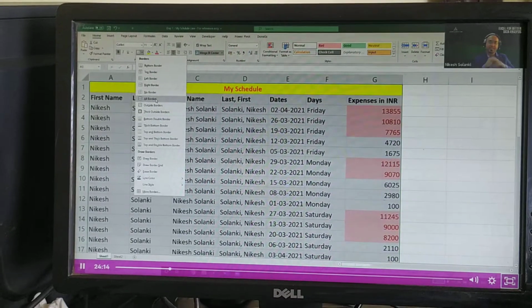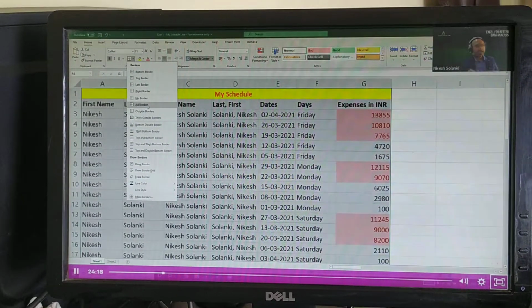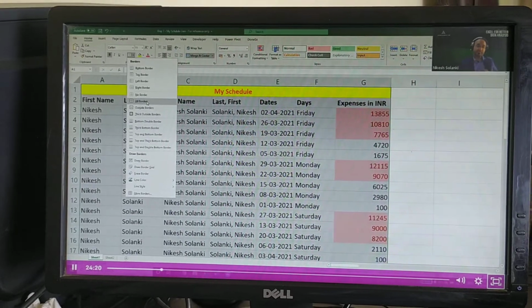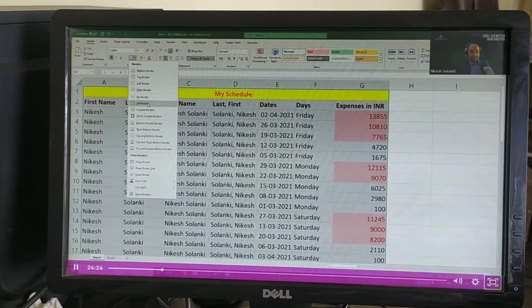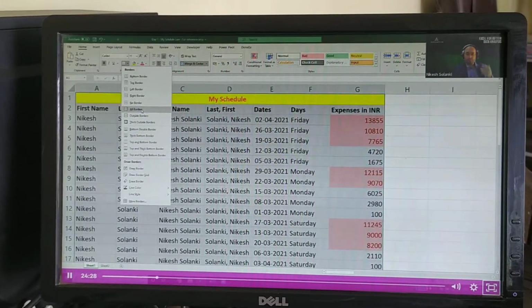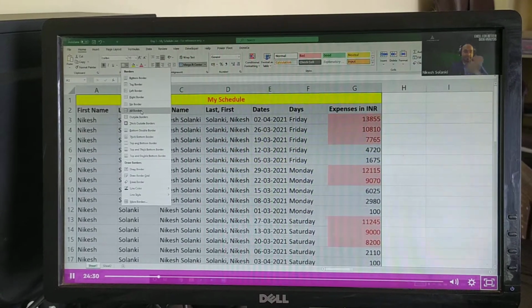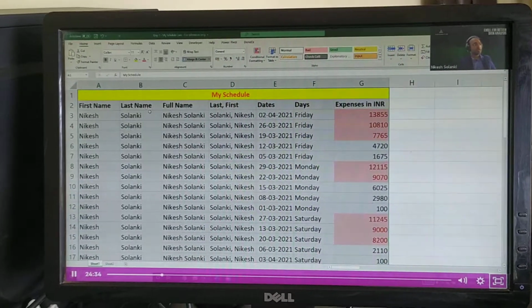So either if you want to do borders to all, you do it, or else you don't do it. If there is a specific requirement, if you need the line only on the left side or the right side, and only on three sides and you don't want the top, obviously you can use the rest of the features. I personally use all borders.